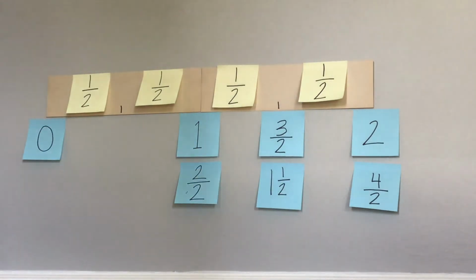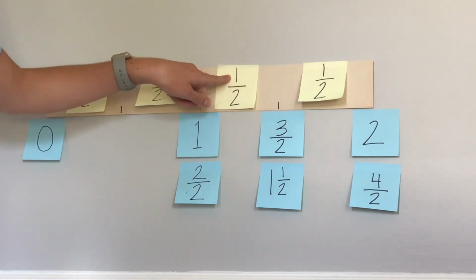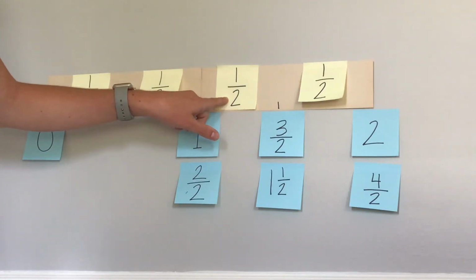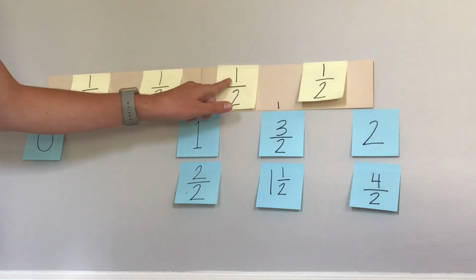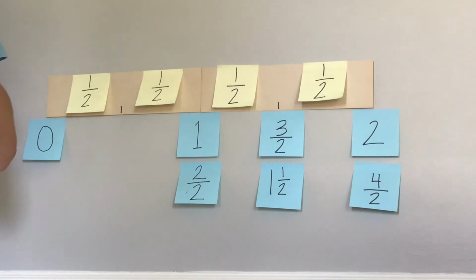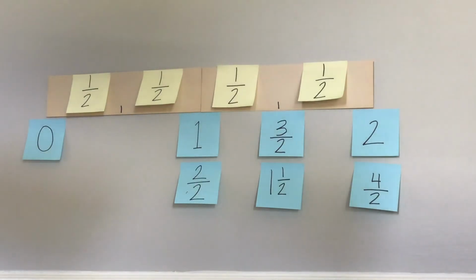The final thing I want you to think about is what our numerators and our denominators are doing when we're adding these fractions. So we know already that our top number is called the numerator and our bottom number is called the denominator. So notice when we add fractions, what is happening with our numerator and what's happening with the denominator. For example, if I am adding 1/2 plus 1/2,